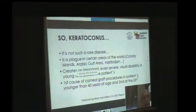Keratoconus no longer is a rare disease. It's a plague in certain areas of the world. In Spain, in the Canary Islands, it's estimated at 1 in every 200 patients. It's a lot, but it's not less in the Arabic Gulf area, in Azerbaijan, and in Egypt it is very frequent as well. It creates an important and even severe visual disability when the patient is still young and productive,